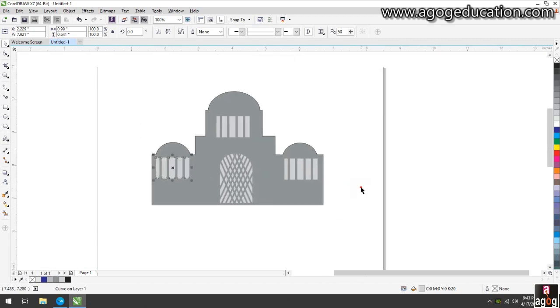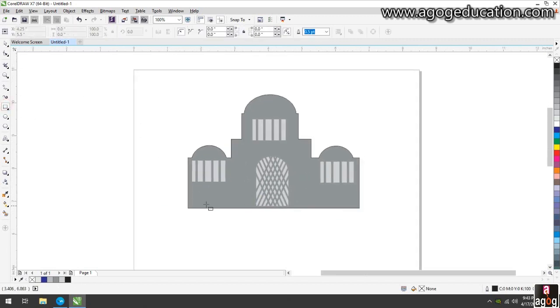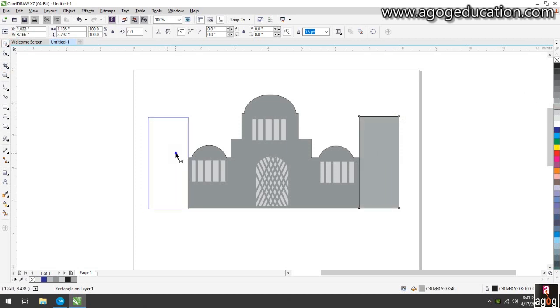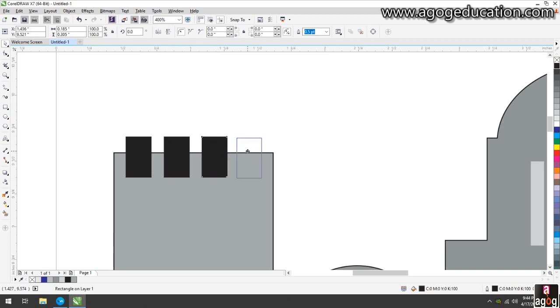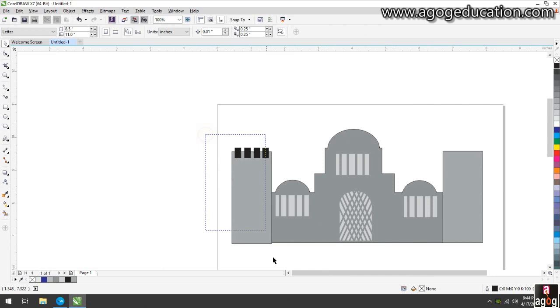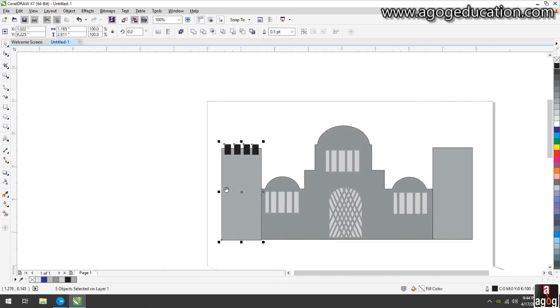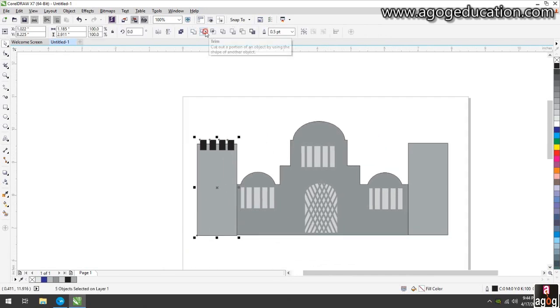Copy. Now make some more shapes to extract this. Now just create some pillars like this, flat, and trim.